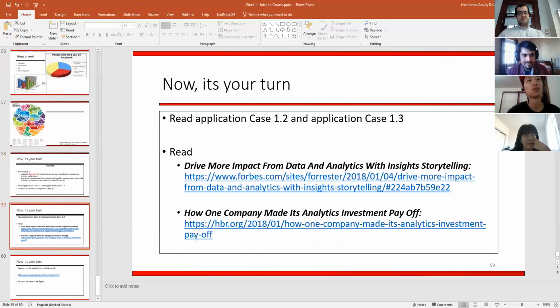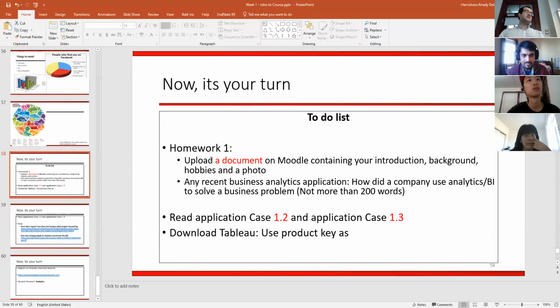And this is some extra thing to read. I think early in the semester you have more time to read some extra things. What you do for next week, I recommend you download and install Tableau, download and install 9. Maybe you can install Excel Solver and also make this introduction for yourself. Cool. Any questions?